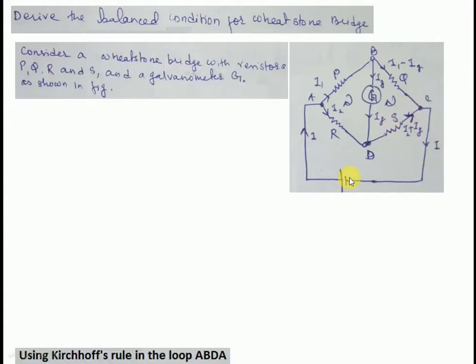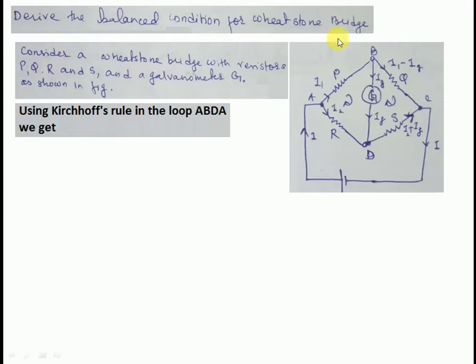So now we'll use Kirchhoff's rule in first loop, that is ABDA. If you use this, there is no EMF, so 0 is equal to, now I am taking the loop in clockwise direction, so that means this current and loop is in the same direction, so this current will be positive, so this is I1P. And when you come this side, the resistance of galvanometer is G. Out here also the current and the direction of the loop is in the same direction, so this will be positive, so plus